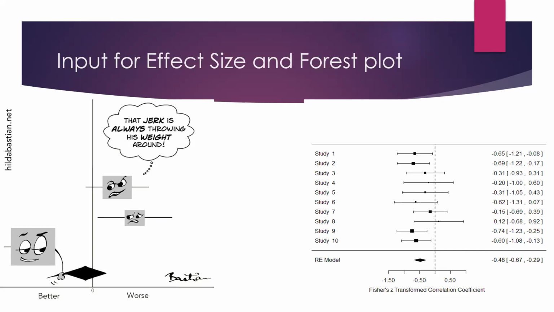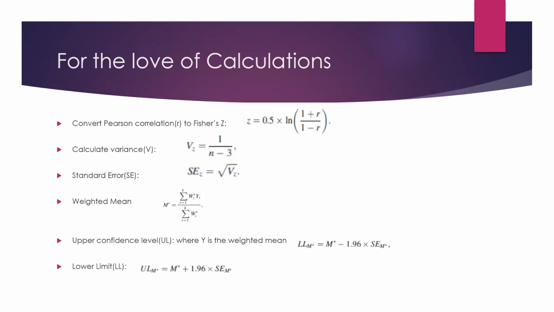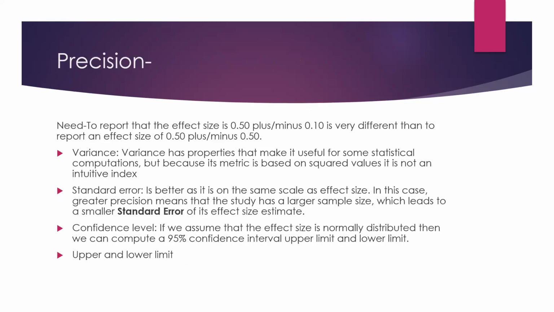For that, let me straight away take you to these formulas. Any of you who want to know what the calculation of the weights being assigned was? Okay, these are the formulas. So you can see a weighted mean. You can try and manually calculate it. But these are the back-end formulas which are used by the software to calculate the weight assigned to each and every study. This is just for your knowledge. This is not necessary, it's only for your knowledge.